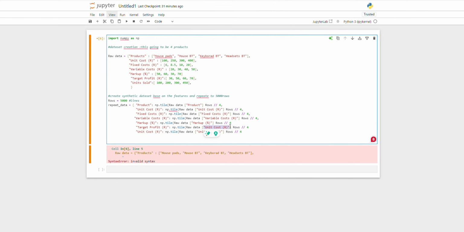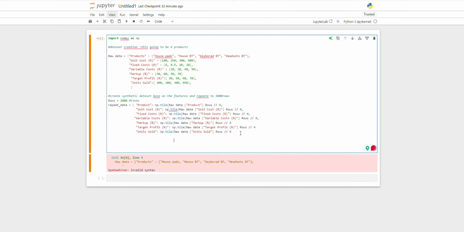Copy and then paste as well. Copy, paste, paste. So I don't know how long this is going to take, but let's try. Let's do 2000 lines. Okay, so the next step then is to close our